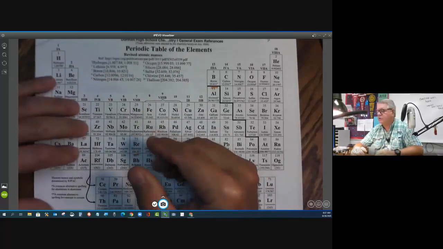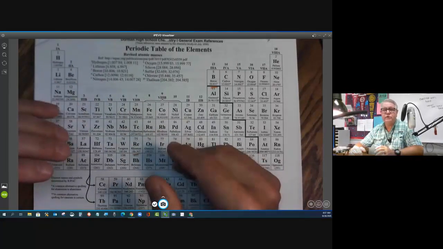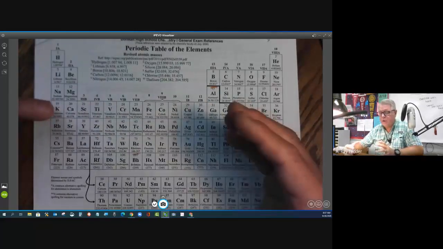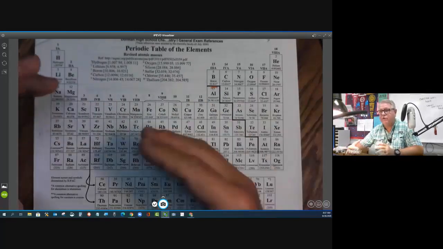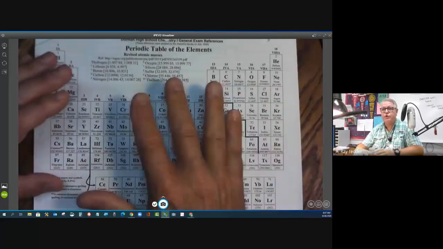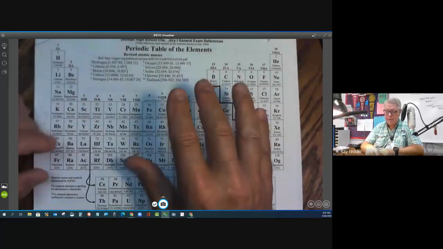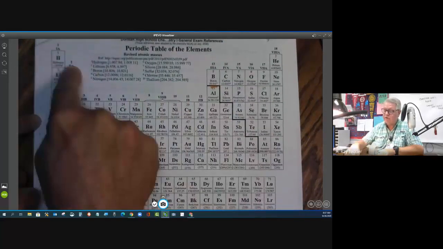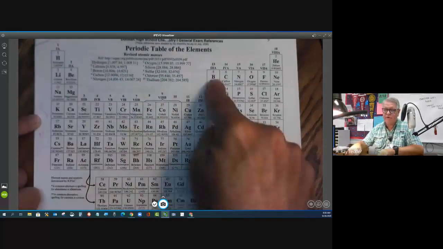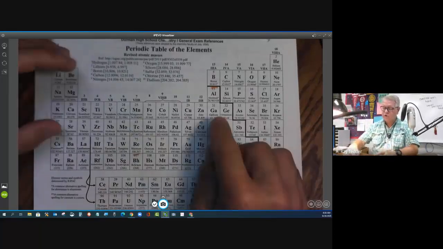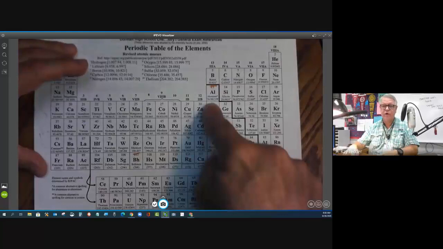The reason the periodic table is laid out the way it's laid out is because you can look at the periodic table and figure out a lot of the properties and behaviors and structures just by where it is on here. The reason the periodic table is put together this way is because elements in this column have certain chemical properties in common. These in this column have different chemical properties in common. These in this column have different chemical properties in common. And when you understand why, then you start to understand that these all have a similar structure in some part of the atom,